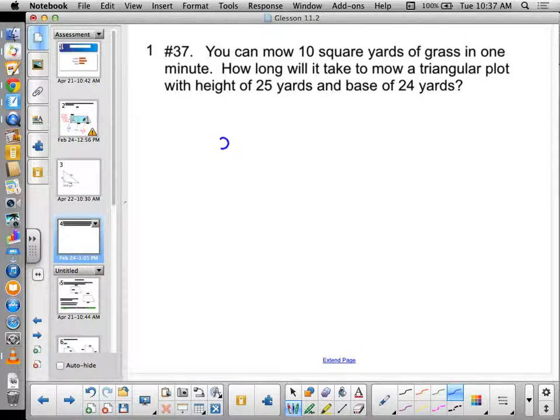Okay, so 24 times 25 over 2, which would be 12 times 25, because I could reduce that if I'm doing it without a calculator. And I know that 4 25s is 100. So 12 is 3/4, so that's 300